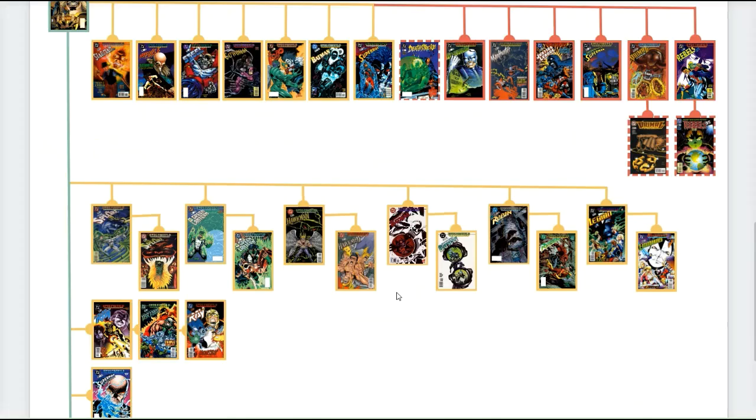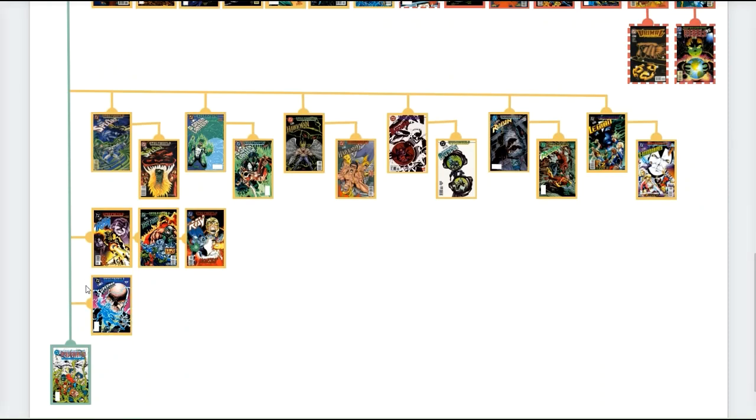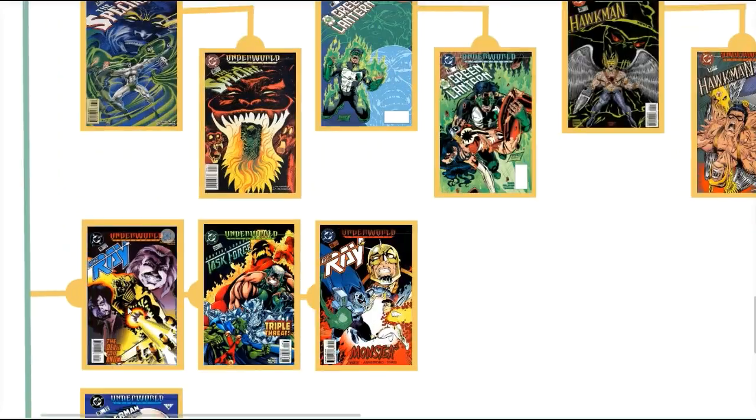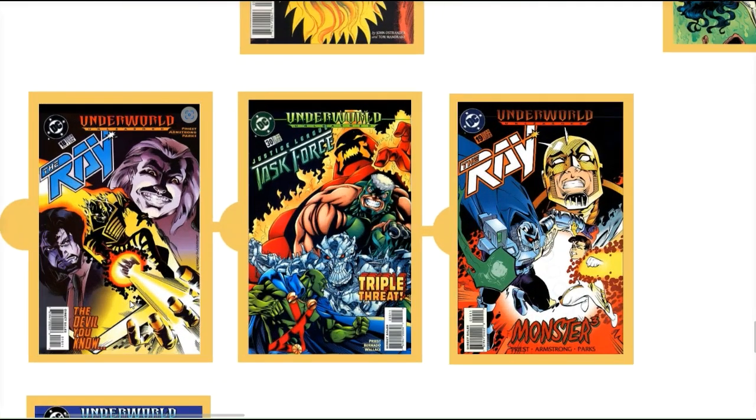Okay, we're almost at the end. What we actually have now is a three-parter, surreally enough. So this is a three-parter of three consecutive issues that need to be read in this order. We have the Ray number 18, we have Justice League Task Force 30, and then we have the Ray number